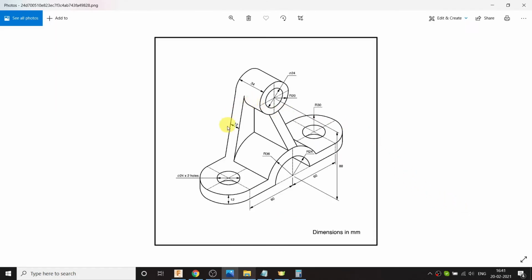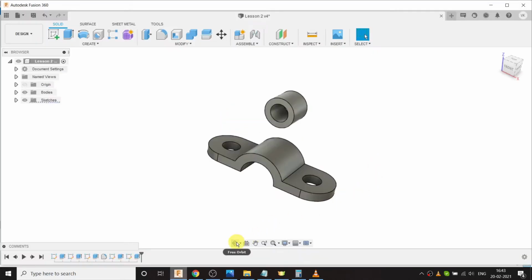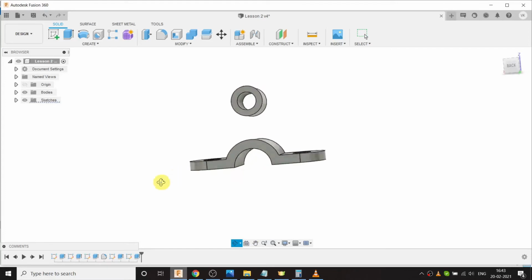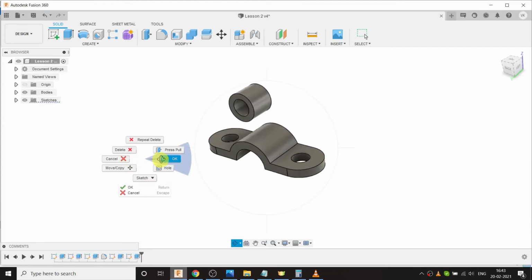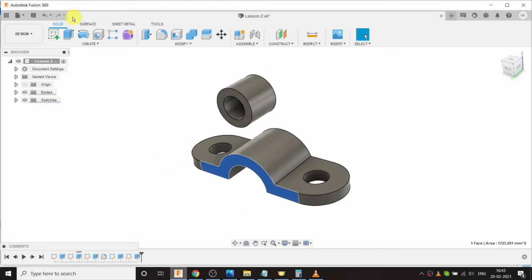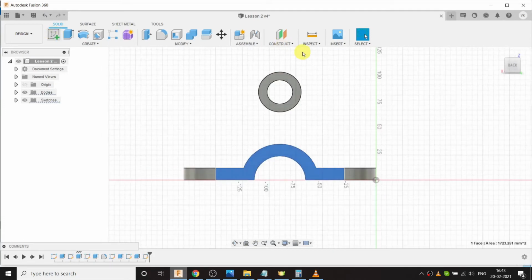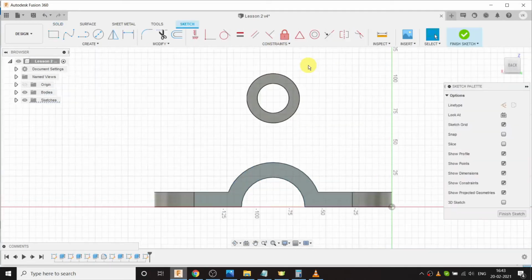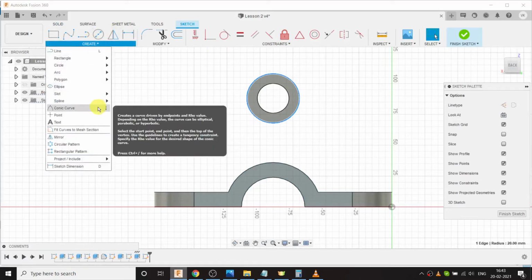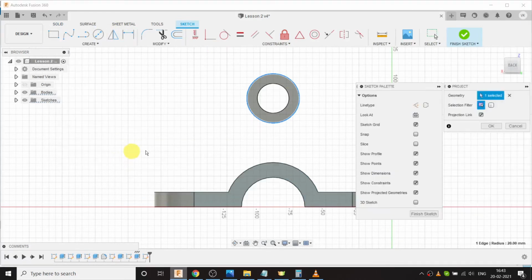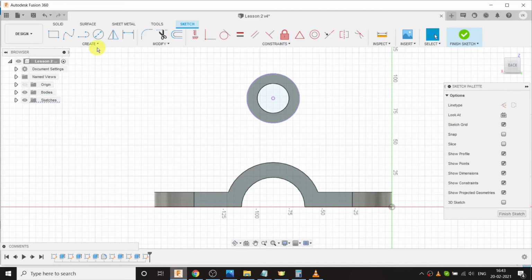Now I will create this profile which is a thickness of 12 mm. Rotate the model like this. Select the surface and make a sketch on it. Now select the circle and go to create, choose project tool and click OK. Go to line tool and create a slant line like this.